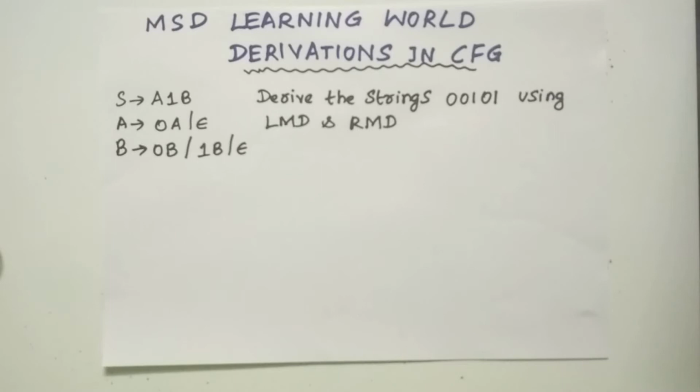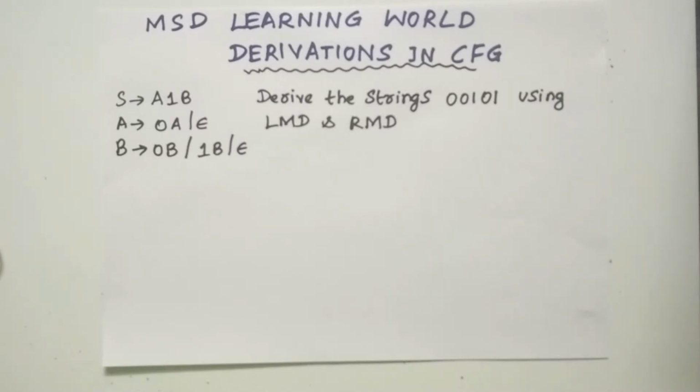grammar or not. If you have a grammar G, then its corresponding language will be L of G, which is a context-free language. And language is the set of all strings that are derived from the grammar. So if we want to check whether any particular string can be derived from the grammar, then we go for an instantaneous description, namely derivation. The derivation is the process of checking whether the input can be accepted from the grammar or not. There are two types of derivations, namely leftmost derivation and rightmost derivation.